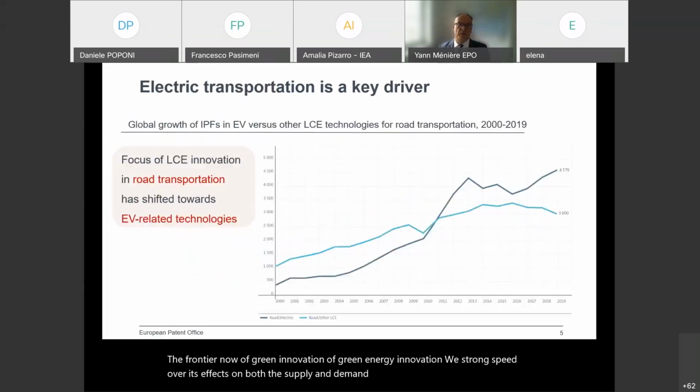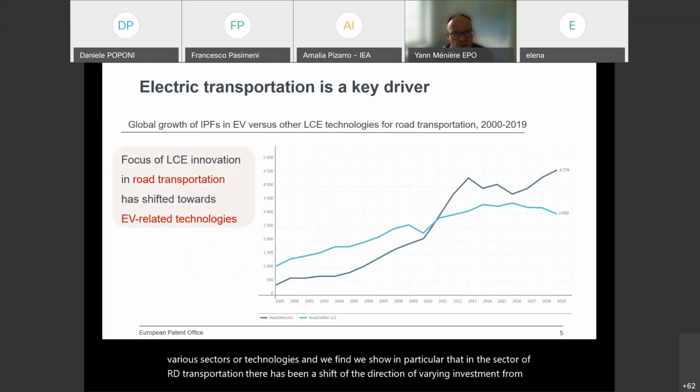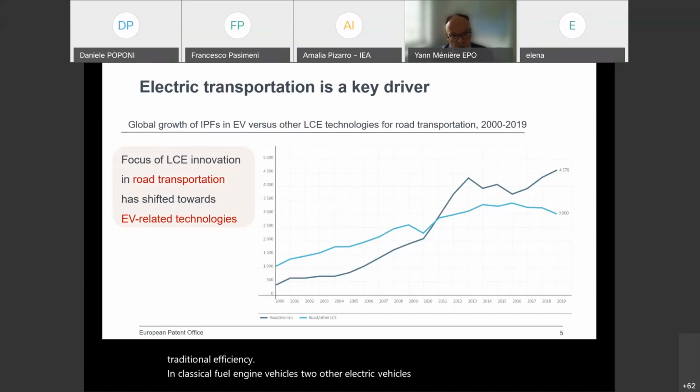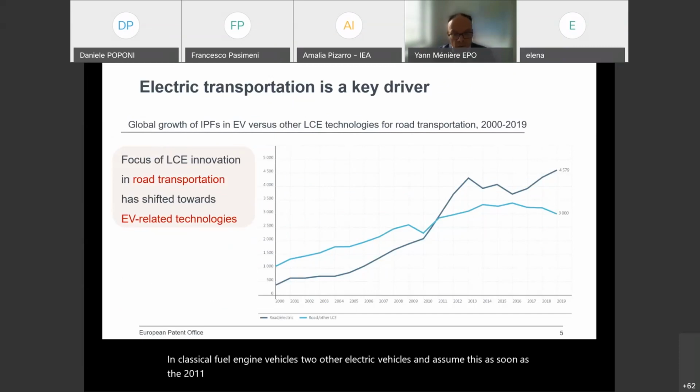So just to illustrate that point, let me highlight the case of the automotive industry. In the study, we zoom in on various sectors or technologies, and we show in particular that in the sector of road transportation, there has been a shift in the direction of R&D investment from traditional efficiency in classical fuel engine vehicles to electric vehicles, as early as 2011. And so we have a change in the direction of technical change here, which is really systemic,